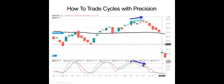Okay, so that's how we do it right there. Boom, these mini divergence patterns. I call these mini divergence patterns. They're not regular divergences, by the way, taught between cycle highs. So this is the distinction. Not regular divergence is taught in most